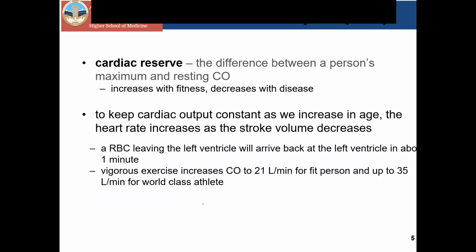Now, it increases with fitness. For example, if we talk about athletes, they have more cardiac reserve because they are trained more and their heart ejects more blood per 1 beat. Or it decreases with diseases. For example, after a heart attack, I hope you learned before that cardiomyocytes after some diseases,